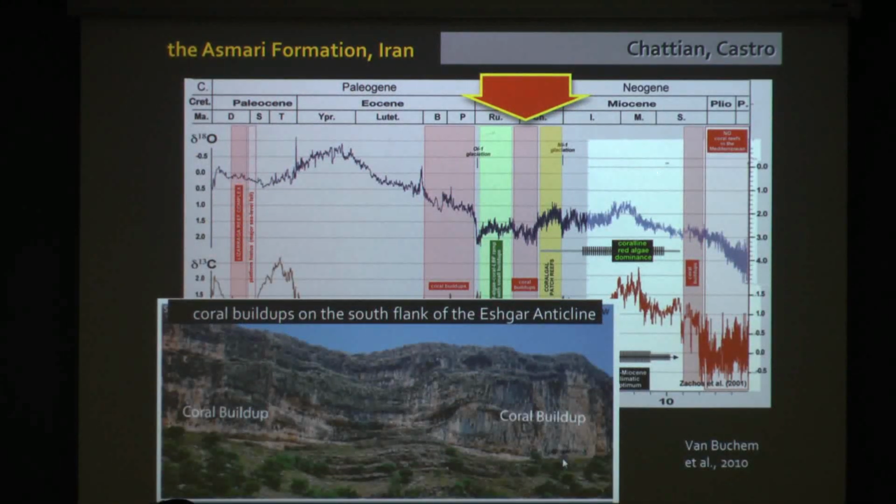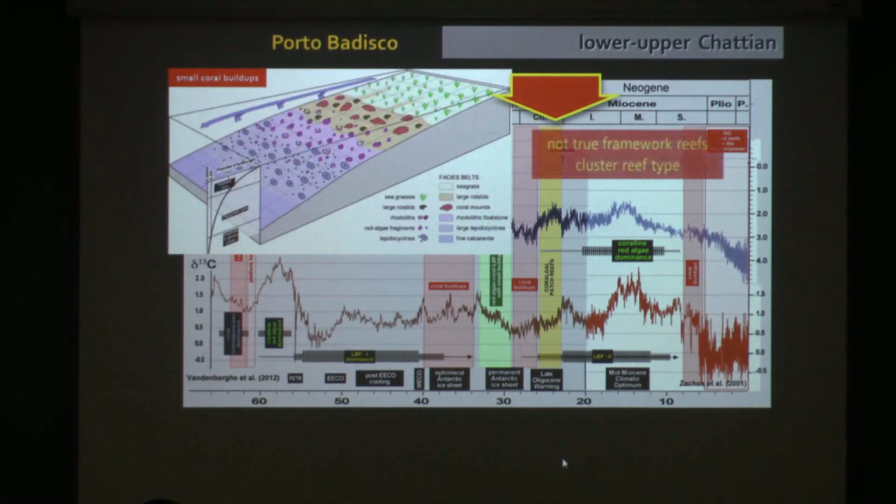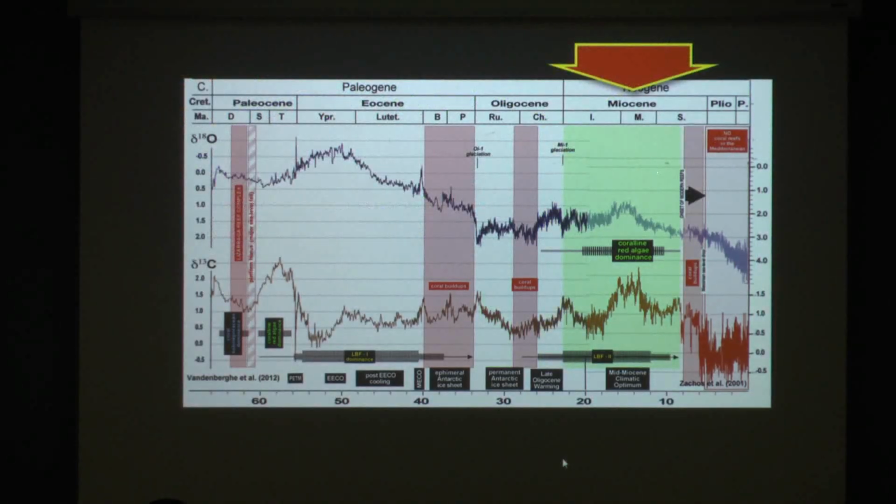And here's a couple of nice coral buildups from, well, this is from the Asmari Formation in Iran. Then, as we come up through the Oligocene, we're going to see more cluster reefs into the Miocene. Actually,